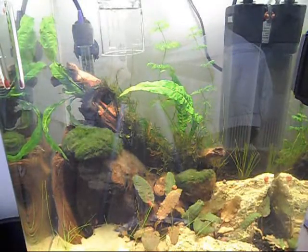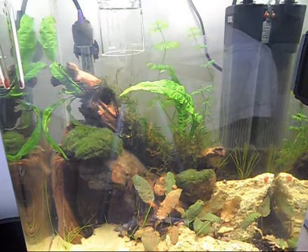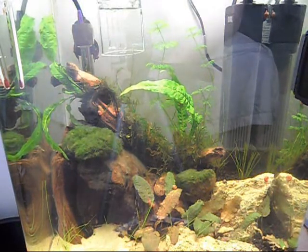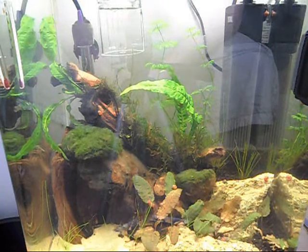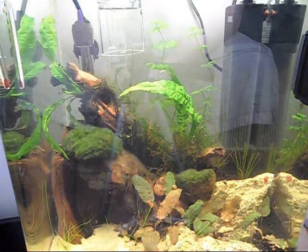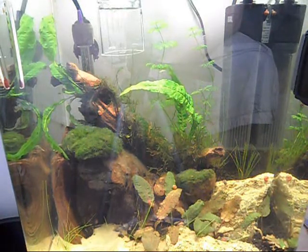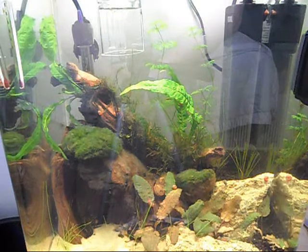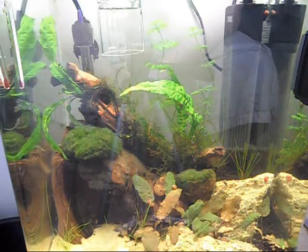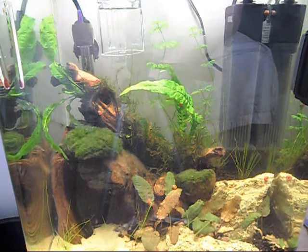Guys, welcome back. So today I wanted to talk about adding things to the tank. Over the last few days I've added quite a few things to the tank, and normally you should space it out a bit more, and ideally I would have done. But as a countermeasure for this, I use the Tetra Safe Start products that add some more of the bacteria